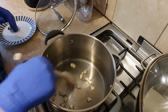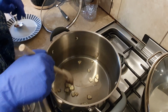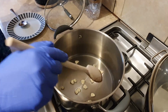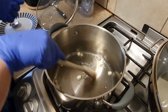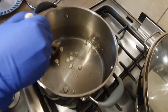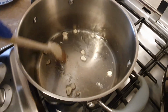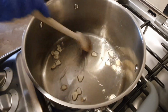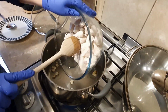Well, I'm just waiting for the oil to heat. So basically, as I said, we marinate the olive oil, so all the flavors of the garlic go in. Well, as you can see now, the garlic starts to smell and sizzle. So all the flavors of the garlic now go into the olive oil, and I don't want the garlic to burn, but